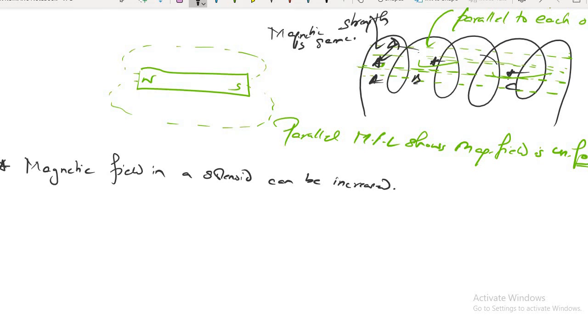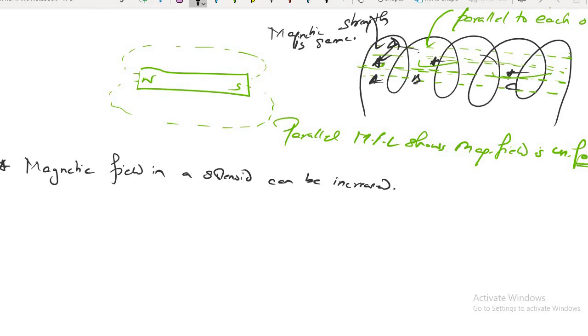The region around a magnet within which the effect of the magnet can be experienced. That means if you want the magnet to be strong, the magnetic field has to be strong. Similarly, for a solenoid, if you want to increase its strength, you have to improve the magnetic field. Yes or no?